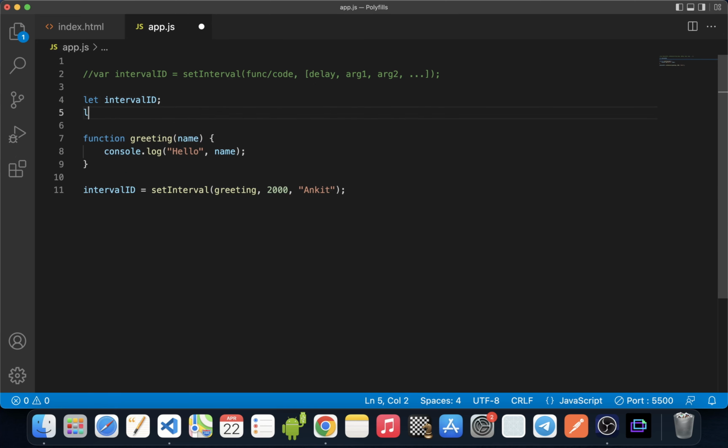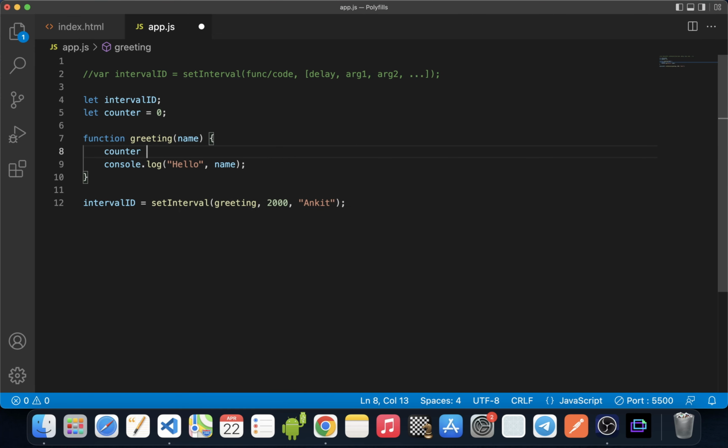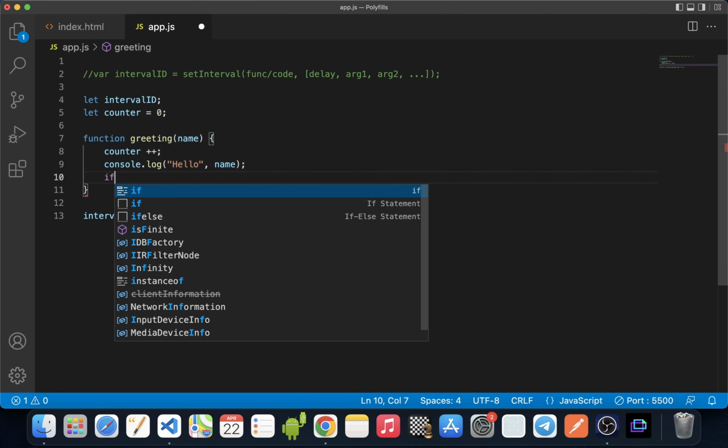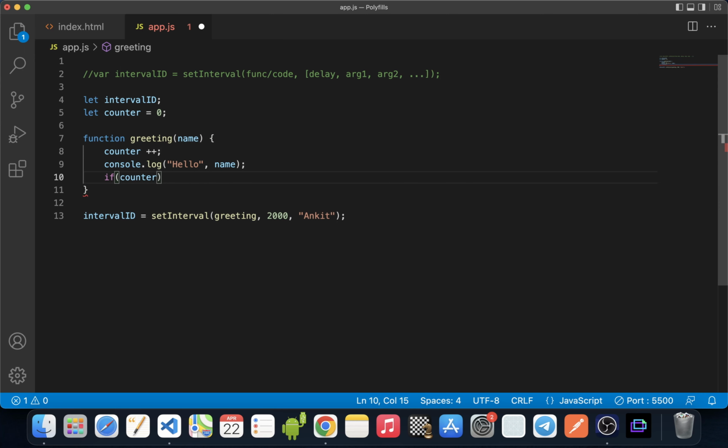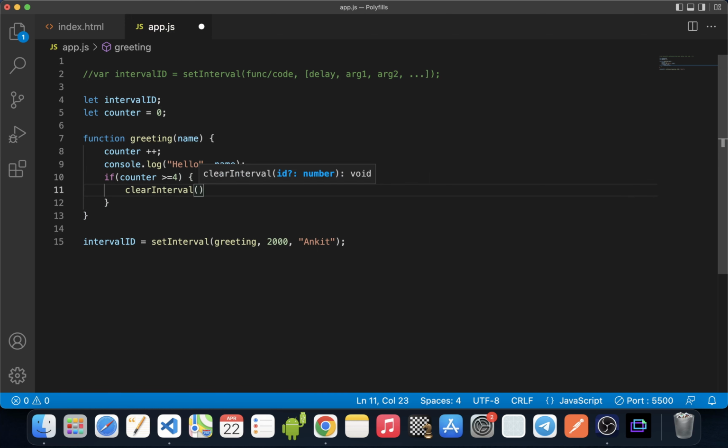So let's create a counter here, let counter equals 0, and we'll increase the value of the counter here, and we'll write an if condition that if the counter is greater than or equal to 4, we'll call clearInterval to stop the execution of this function, and we'll pass the intervalId as a parameter.